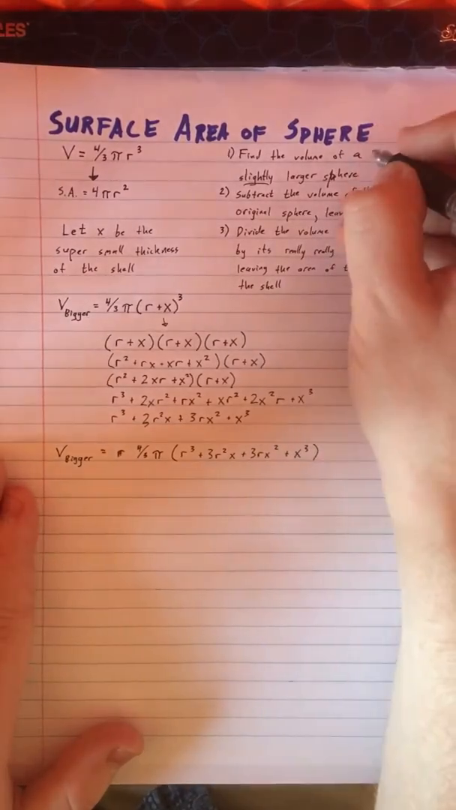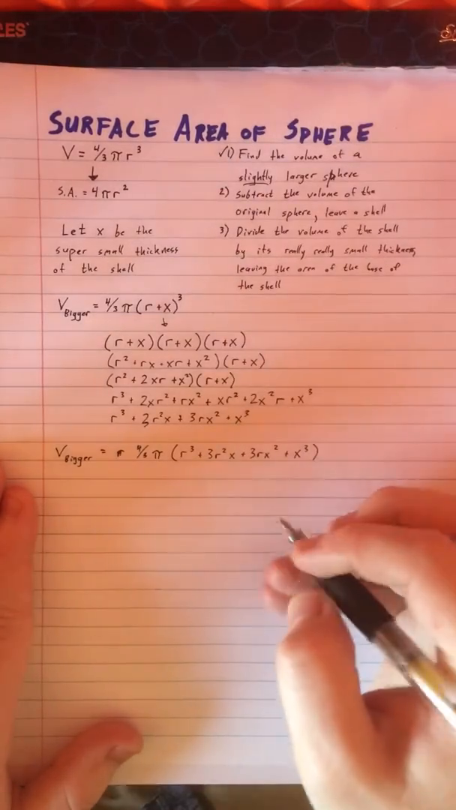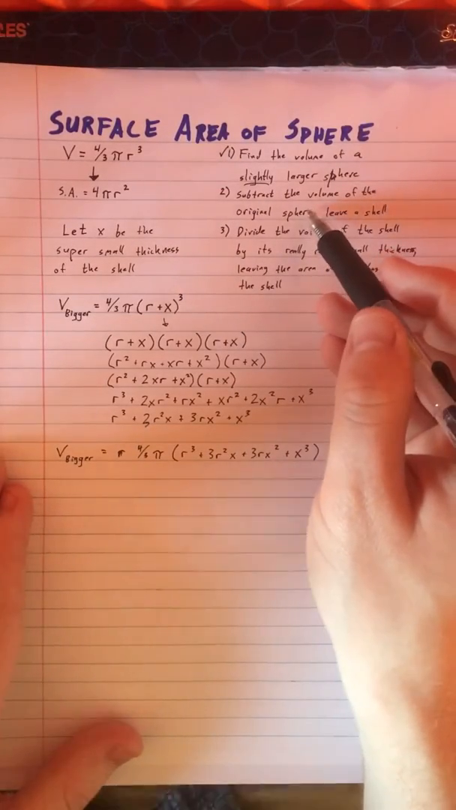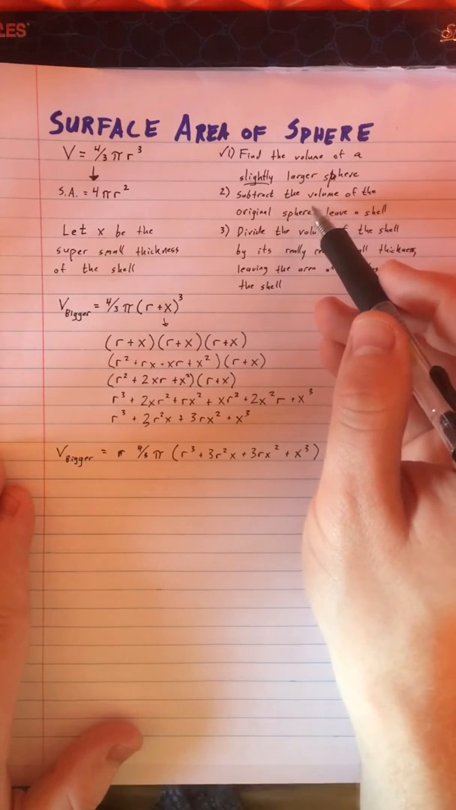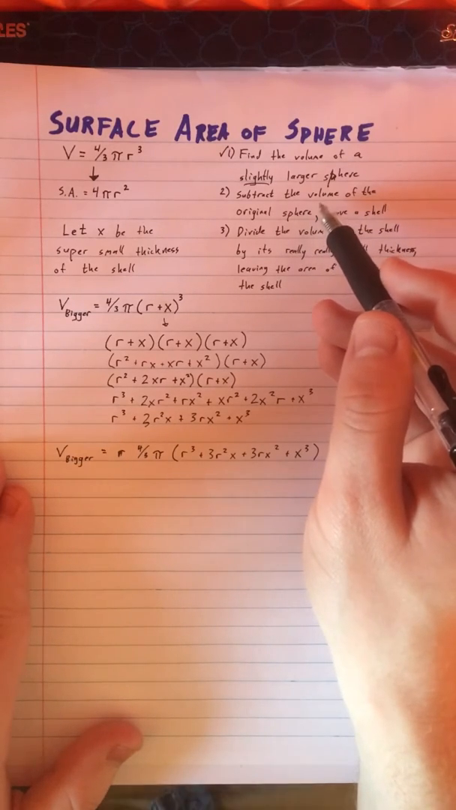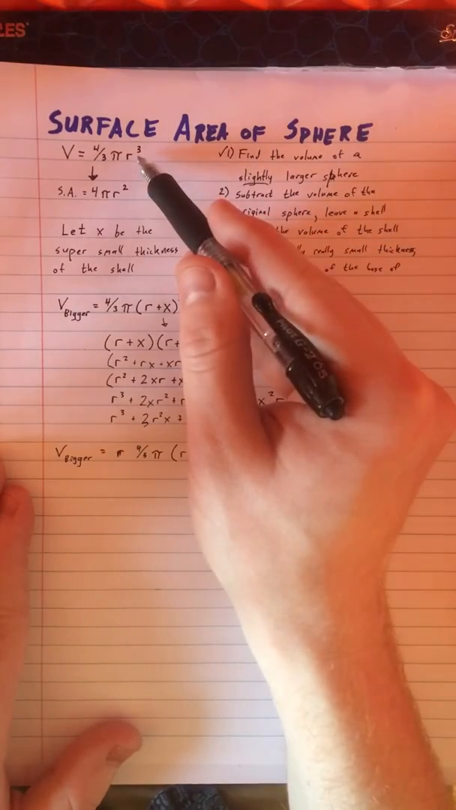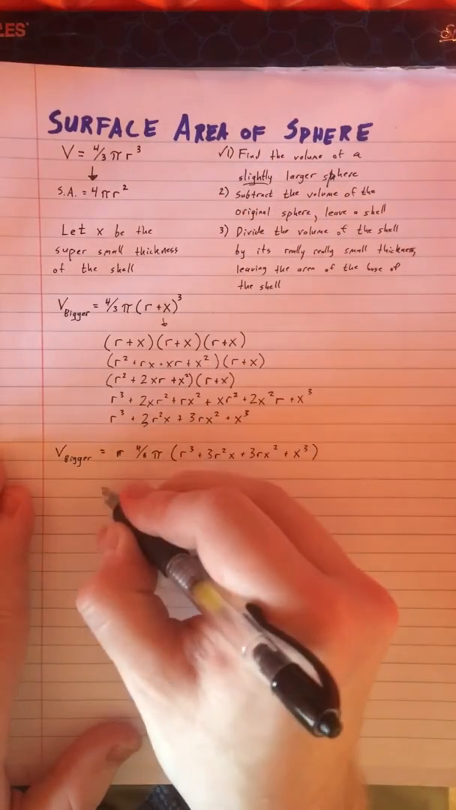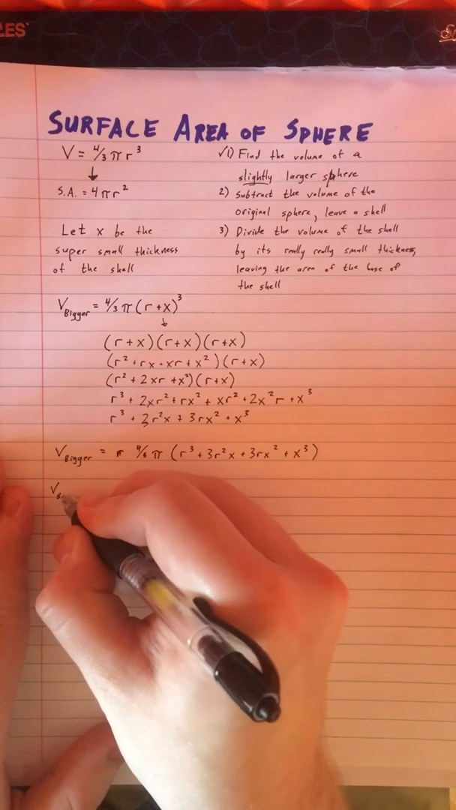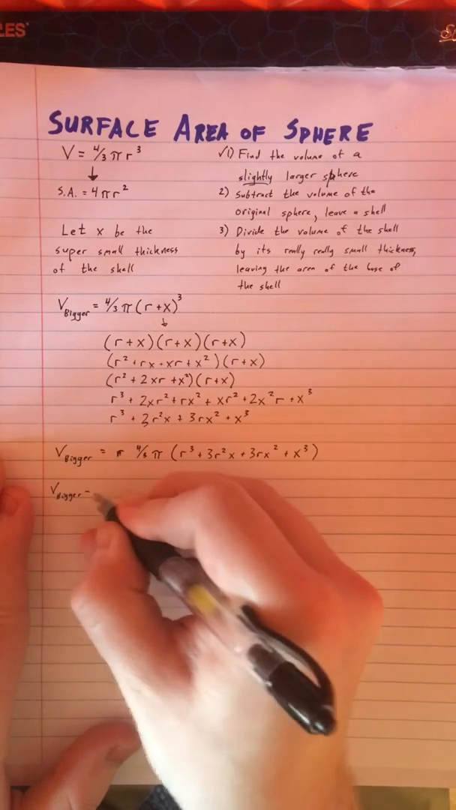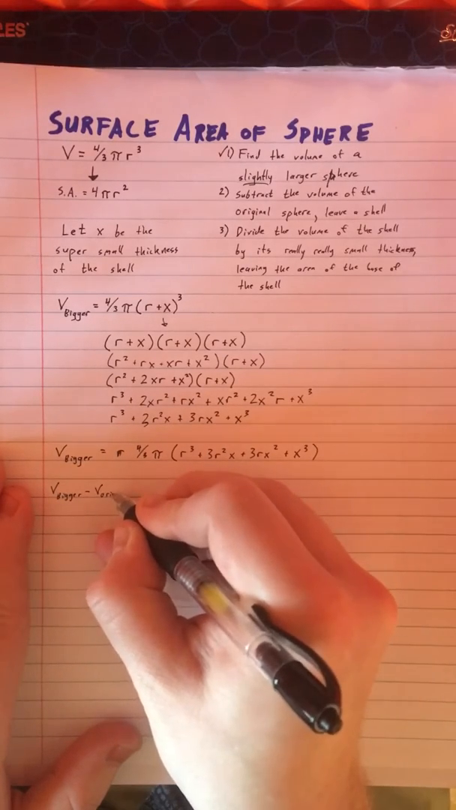Cool. We have found the volume of a slightly larger sphere. Now, in order to get the shell, the tinfoil part, we're going to subtract the volume of the original sphere, the golf ball. Well, the volume of my original sphere was just 4/3 pi r cubed. So V bigger minus V original